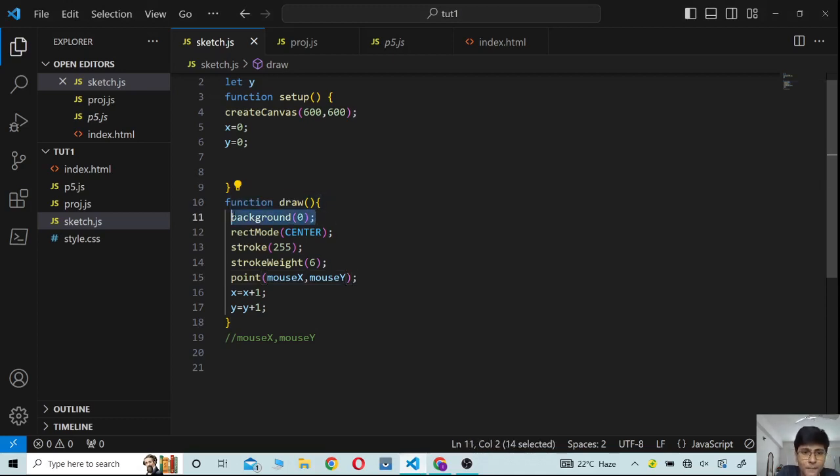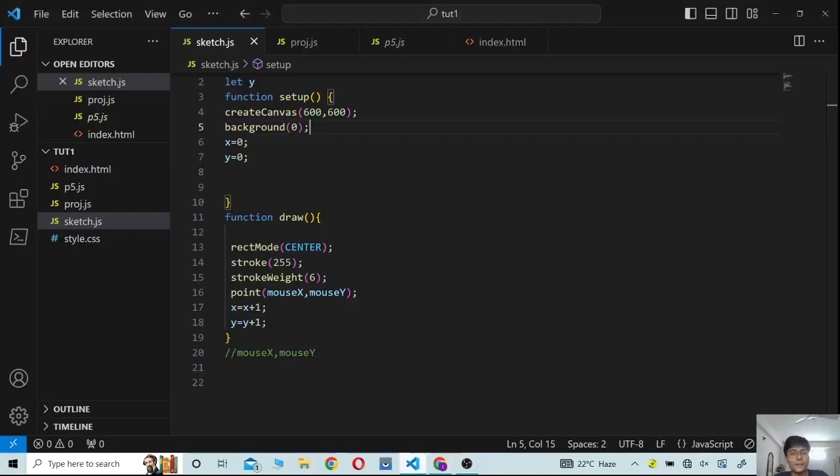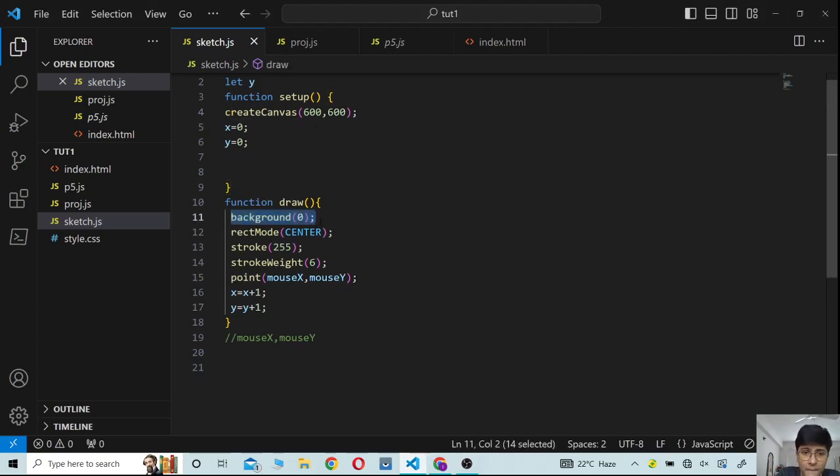If I just put my background, this is nothing important, this is just a test. If I put my background in function setup, now you can see I'm kind of drawing a trail with my mouse. Now why is this happening? When I have my background, just let me undo this statement. When I have my background